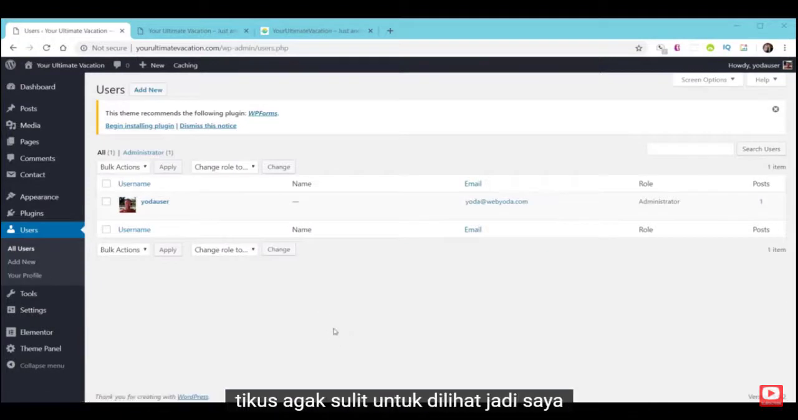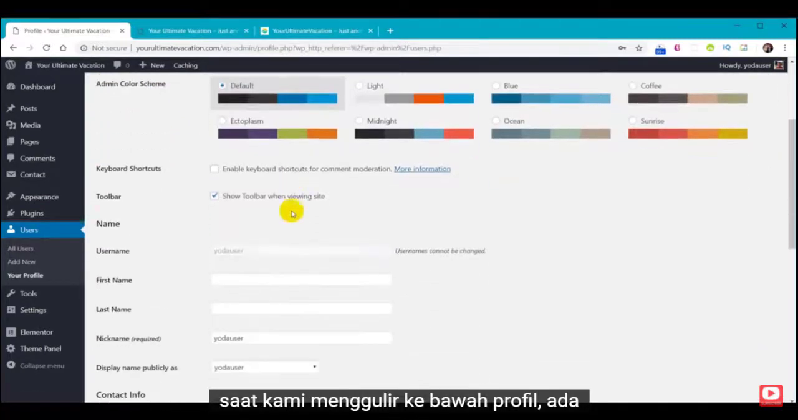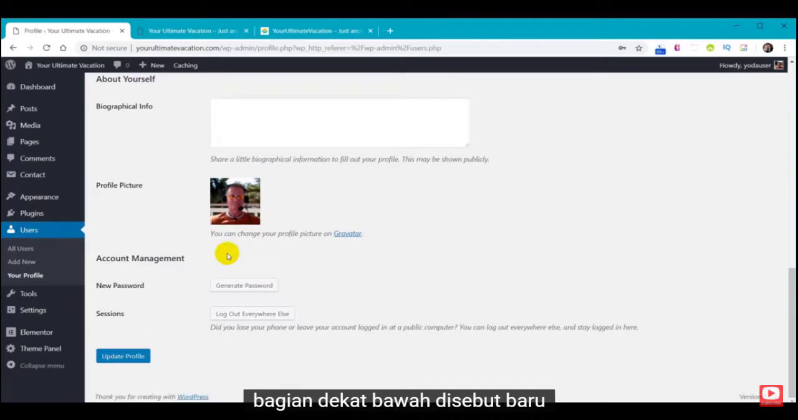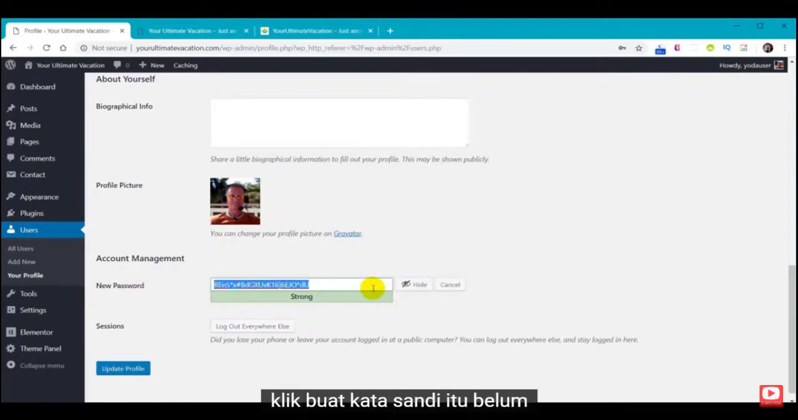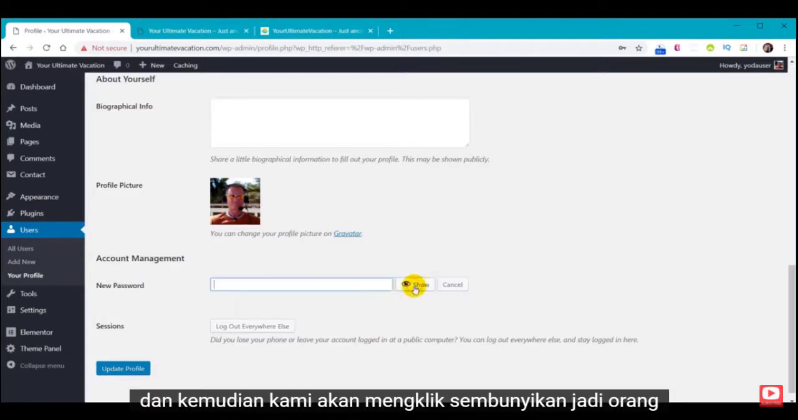Now I notice that our mouse is a little difficult to see, so I figured I'd turn on highlighting to make it easier for you to follow. Now that's a little bit better. Now let's go ahead and click on the username, and this brings up the profile for the user. And as we scroll down the profile, there's a section near the bottom called New Password, Generate Password. When you click on Generate Password, it's yet another fancy password, that craziness nobody's going to want to be able to remember. And so we're going to delete that, and then we'll click on Hide so people don't see us